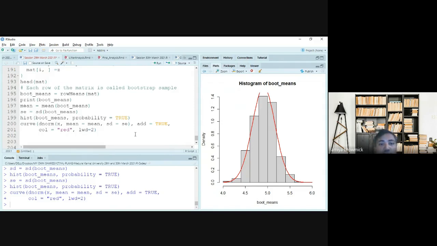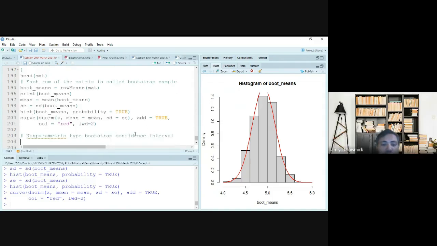Whenever you are performing a bootstrap, the standard error and the corresponding confidence interval for the parameters need to be reported. So this is something called a non-parametric confidence interval.